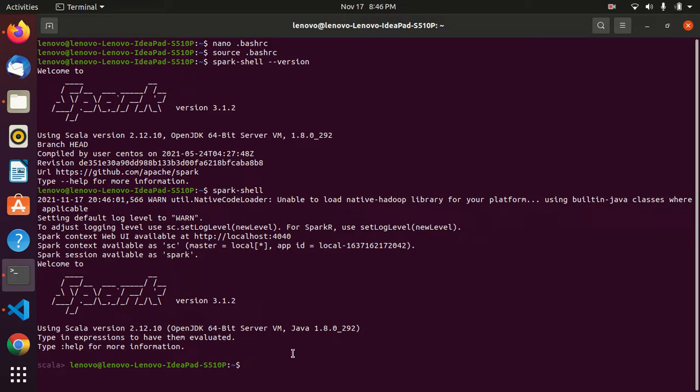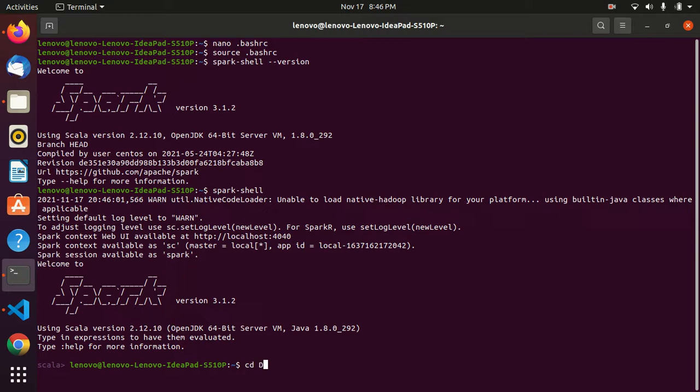So our Spark got installed, and then afterwards we need to check the GUI, like the UI of Spark, how many executors are working. To understand that, we have to change the configurations in the env file. For that reason we will move into the directory where Spark got installed.